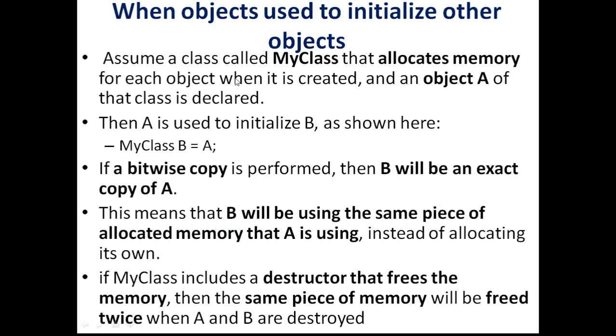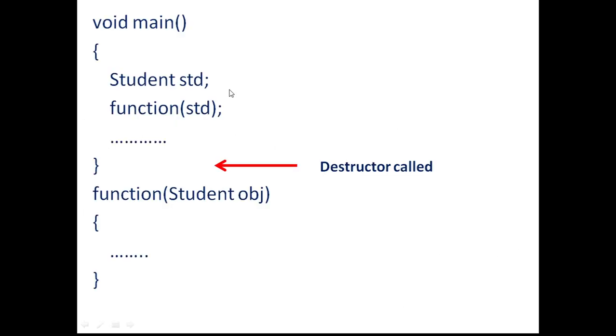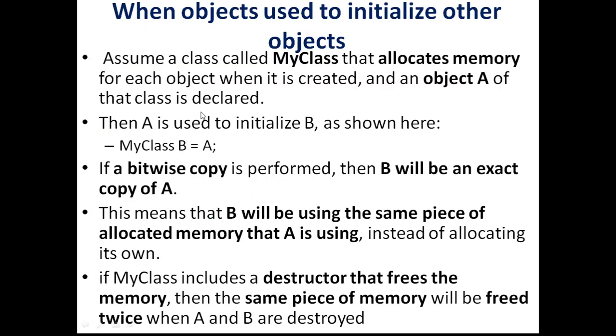And this is the second case. We have seen one case where we pass an object as an argument. Now we are going to look at the second case. It is actually the same case, but in a single line. Here we are assigning one object to another object during initial declaration. So we declare b, and at the same time we assign a to b. Once again the same situation will happen. Here a bitwise copy will be initiated and b will become a bitwise, or identical, copy of a.